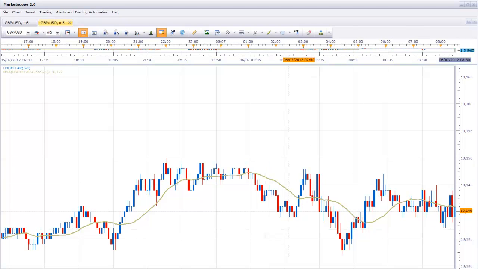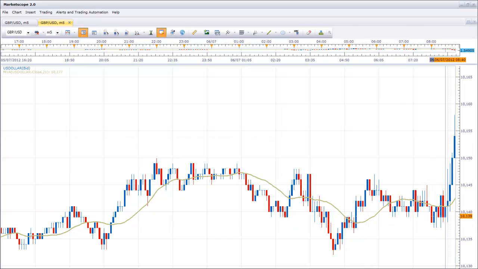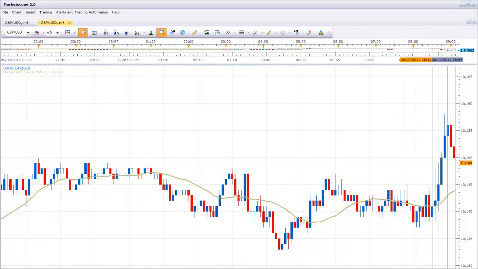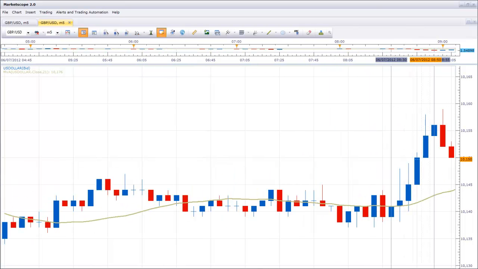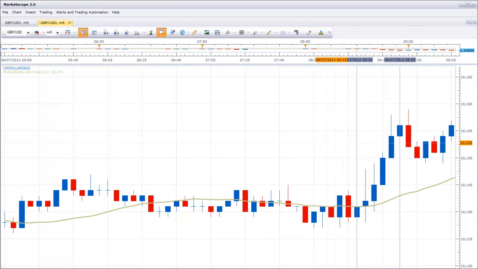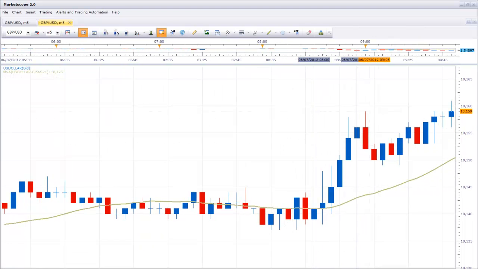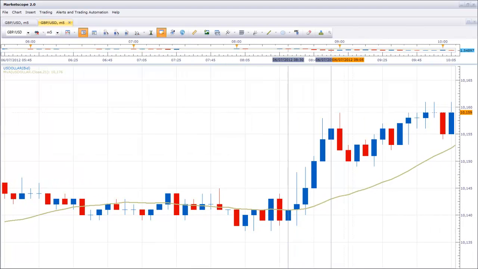Let me just pull up the chart. Now, this is the US dollar chart. The news is out. US dollar goes up, up, up, and we don't do anything till 9 o'clock. So now after nine, I'm waiting for the price to close below the 21 SMA, and we're waiting, waiting, waiting, waiting, and nothing happens till